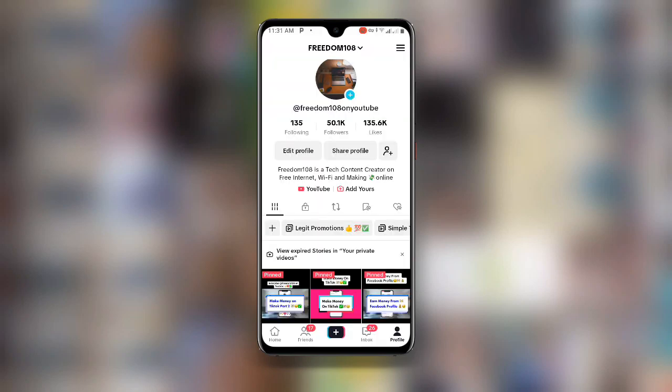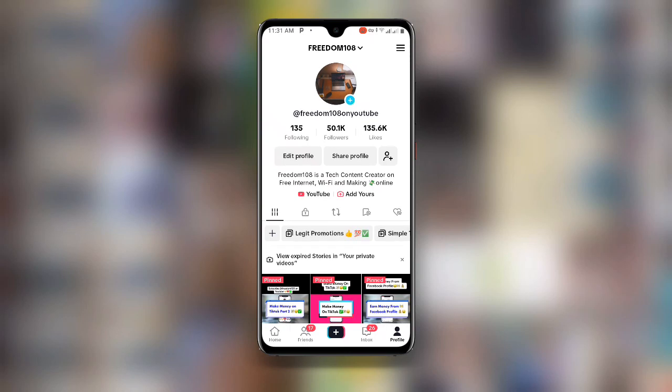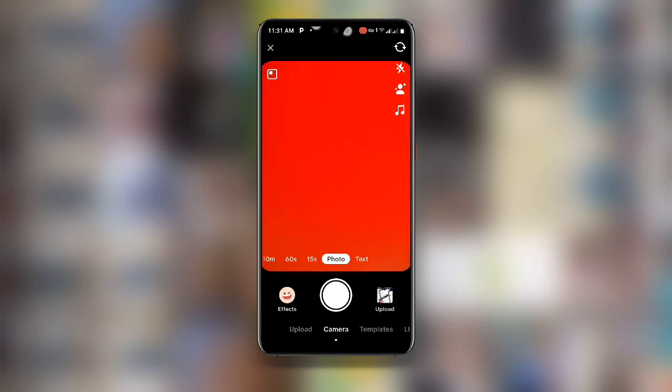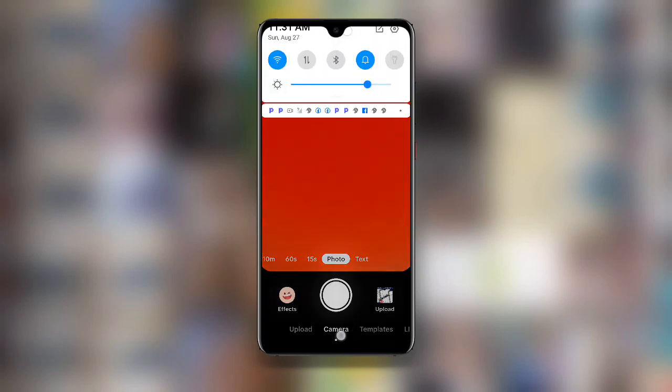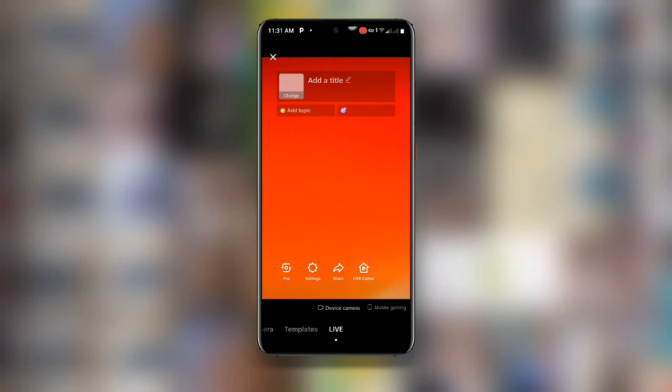So you can see my profile over here with more than 50k followers. Click on the plus sign in the middle. Now once you click on the plus sign, just scroll to where you can see live, and once you click on live, you can see mobile gaming. Just select mobile gaming over here,